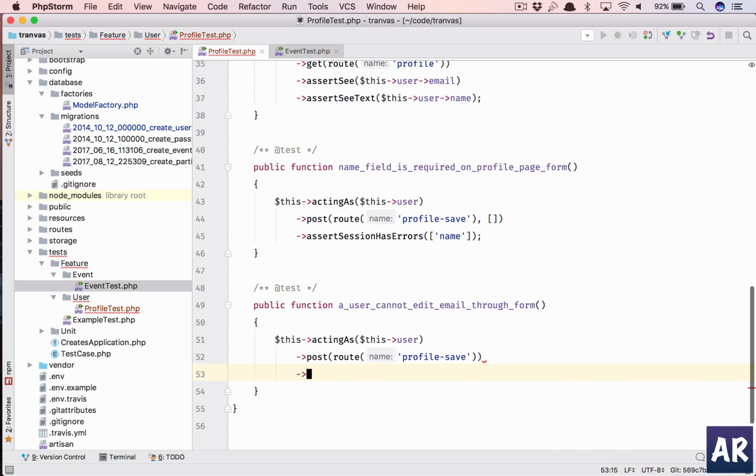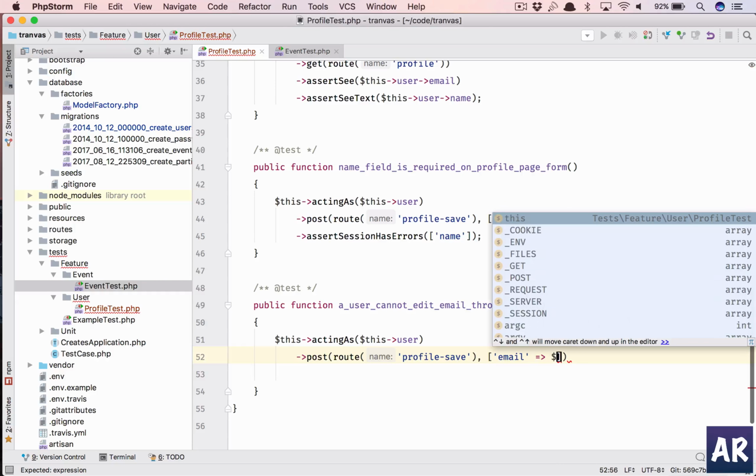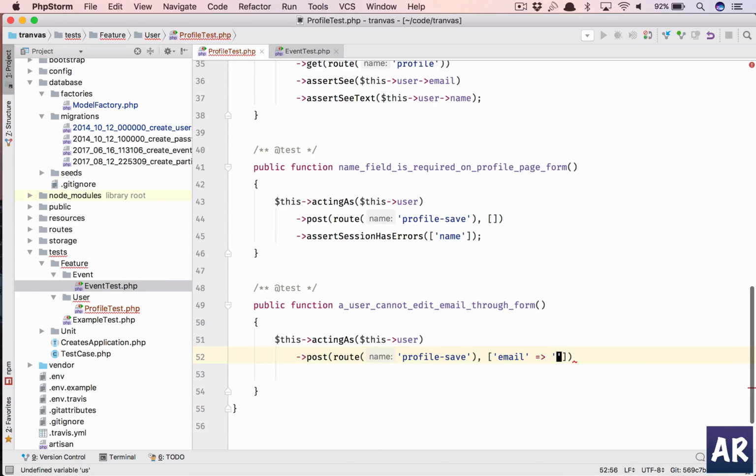Okay, and we pass an array, sorry, in here, which is email. Let's say email is something random, right? asdf@gmail.com. Okay, and yeah, let's just make that call,